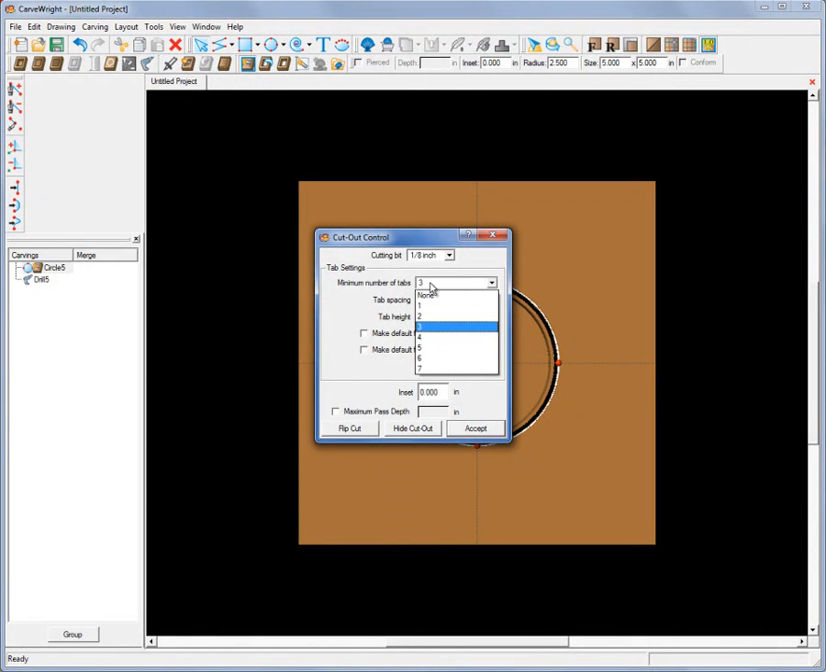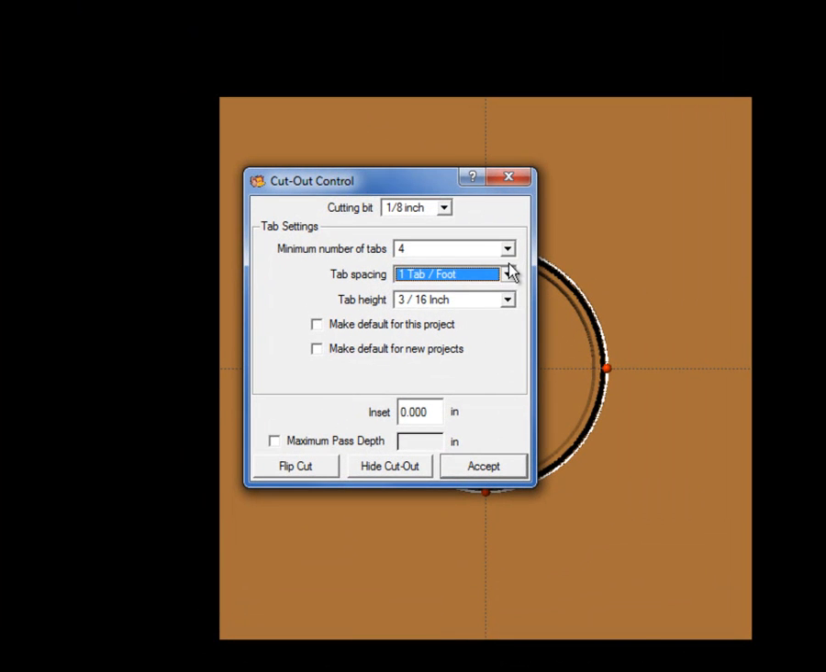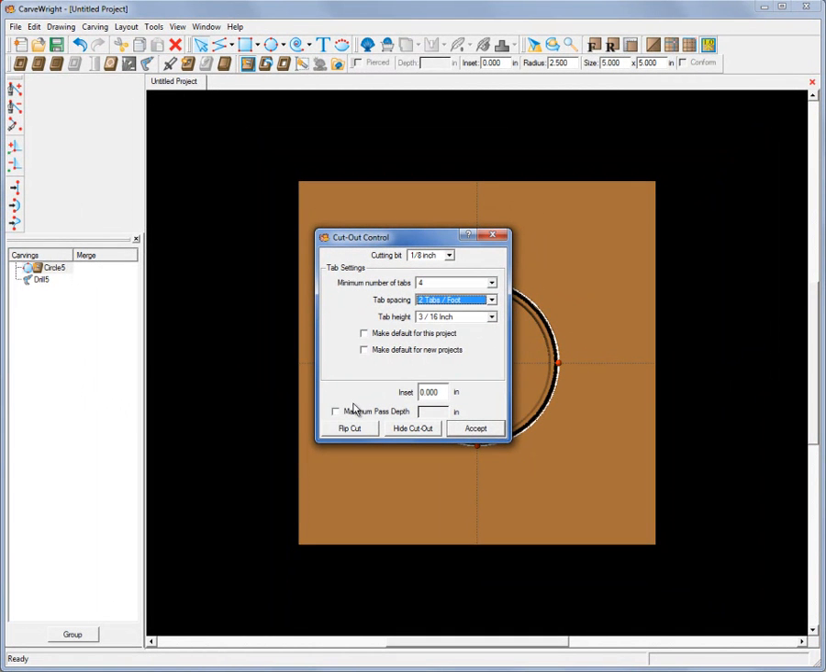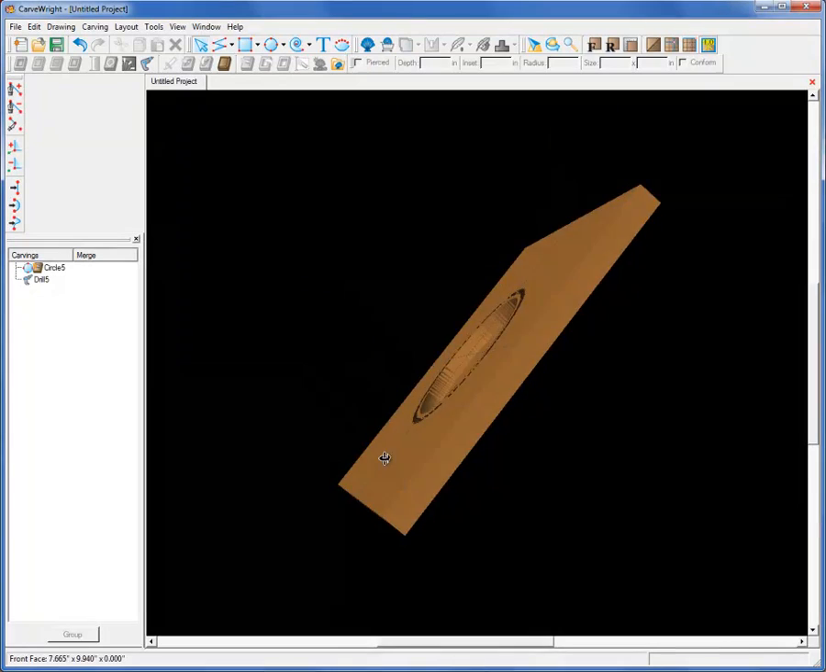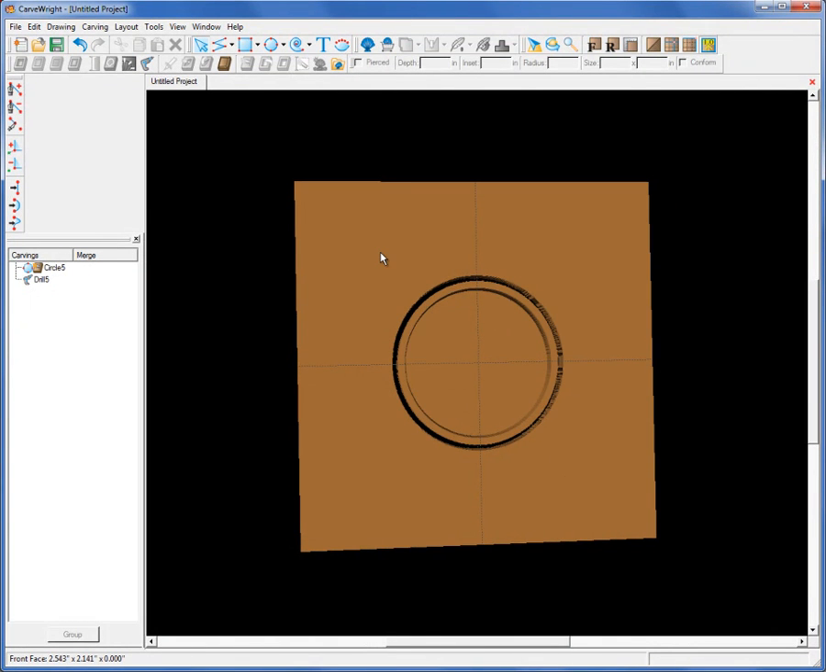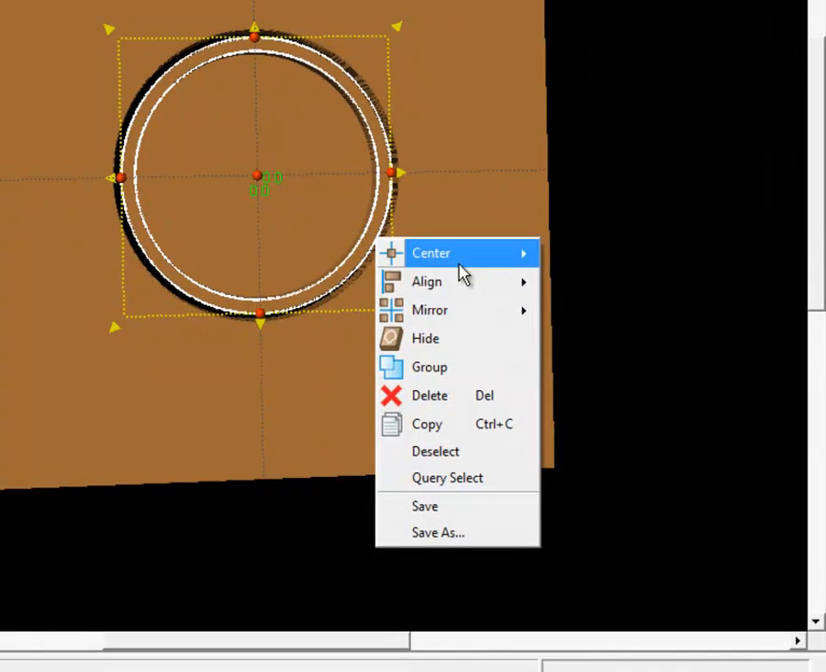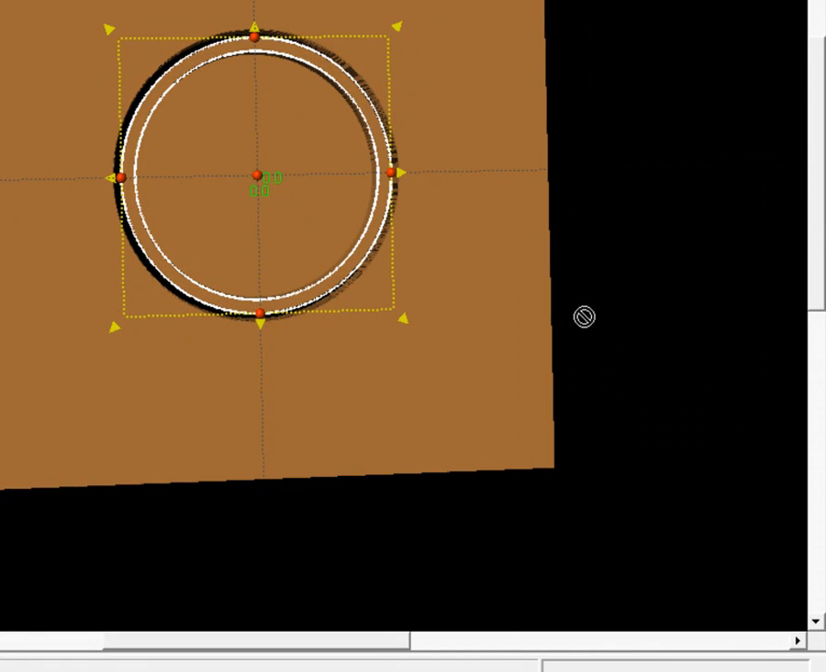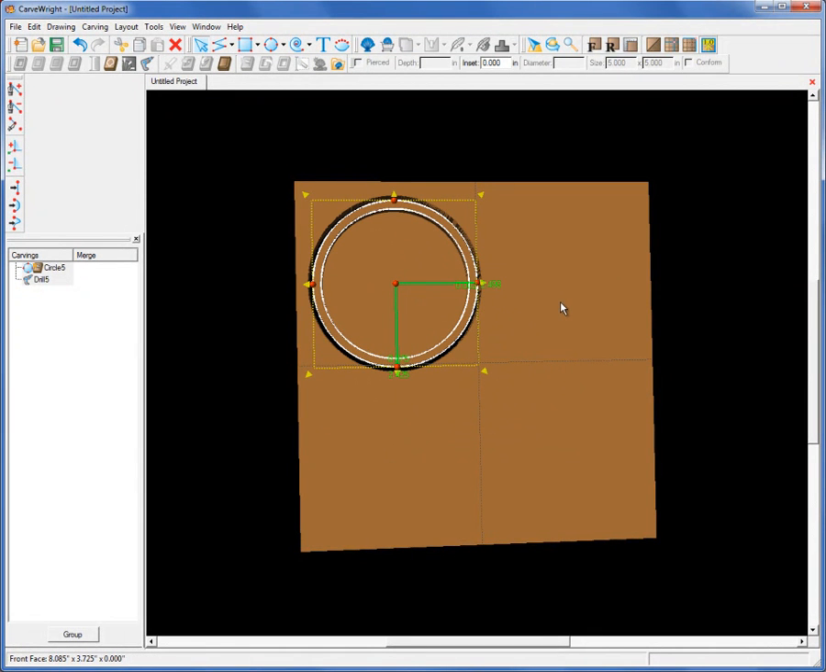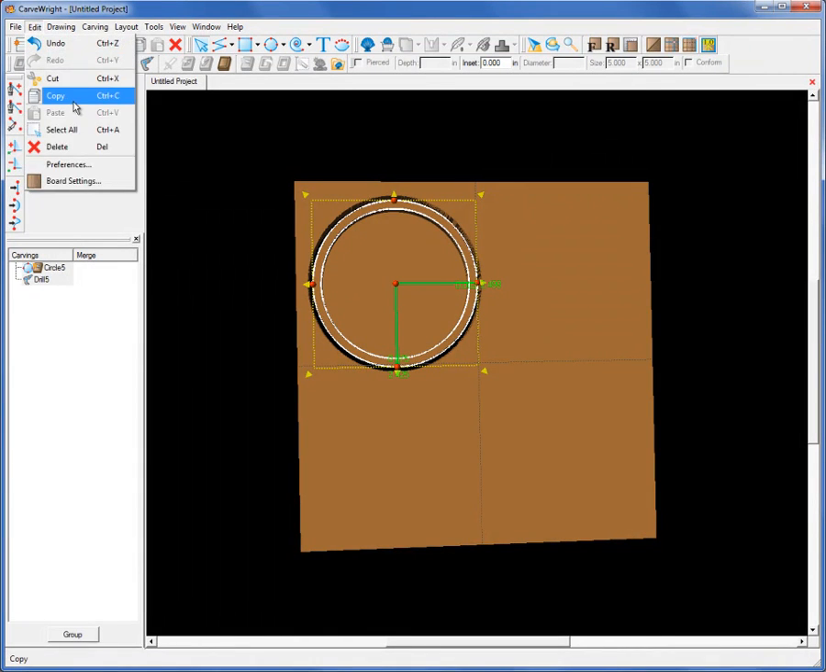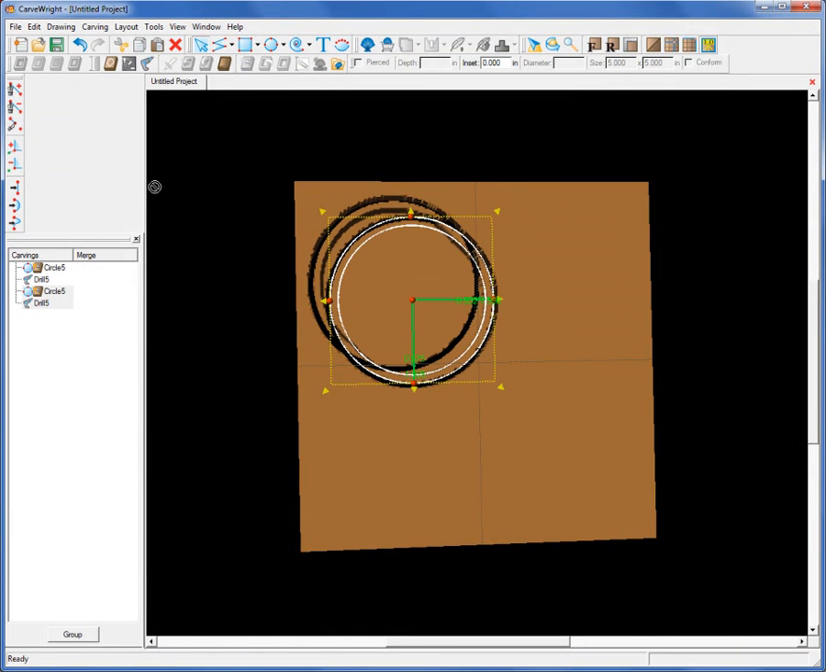Make our cut path settings. Max pass 0.3 for 3/4 inch material. Flip the cut so it cuts out on the outside of this circle. Accept. And there you have the ring with the interior pocket cut. If you want to put several of these on the board, we'll take the center off, move this around wherever we want to, make a copy of it, paste it, and place this on the board